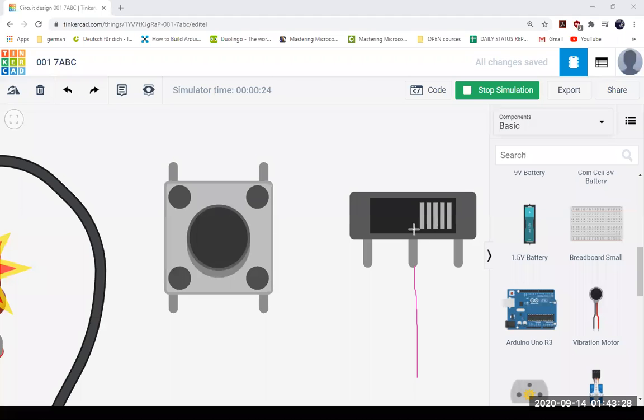Draw a little bit closely. Okay, right, so current will flow something like this, right? You can choose between two terminals where you want to give the supply.